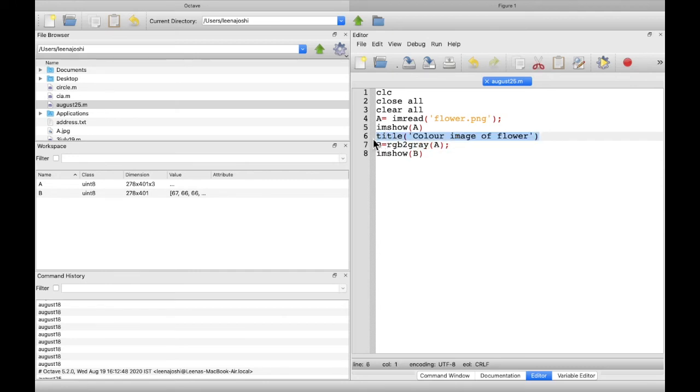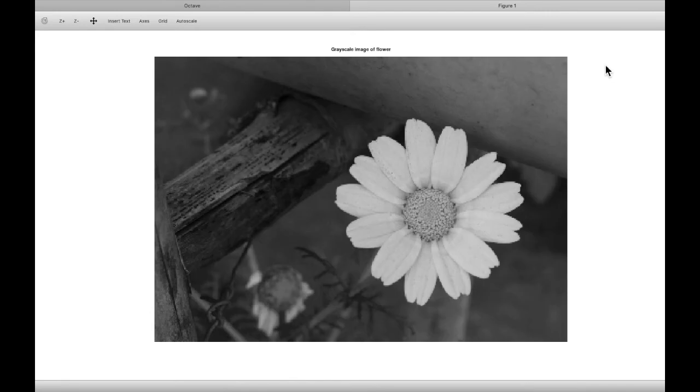So I can also give this image a title, 'grayscale image of flower'. So when I run it, you will notice that now you have only the figure one window, and this grayscale image has replaced our color image.